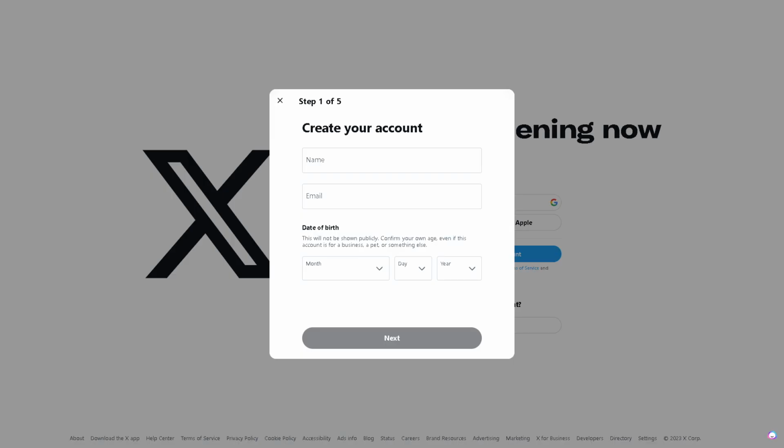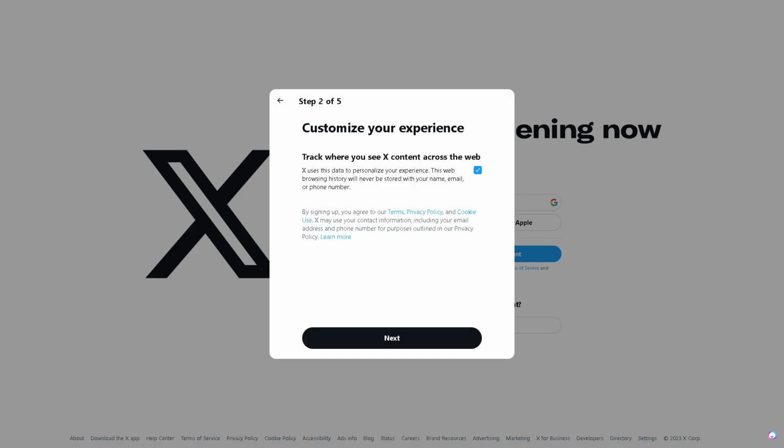So here's the first thing we need to do. Now, step 1 is we need to provide our name, especially the birth date. Okay? After filling in this information, we will go to step 2, which is we can customize our